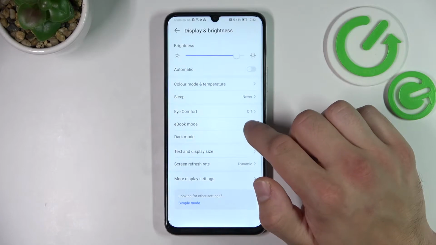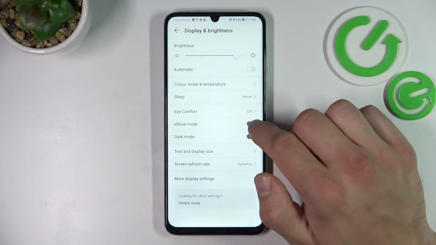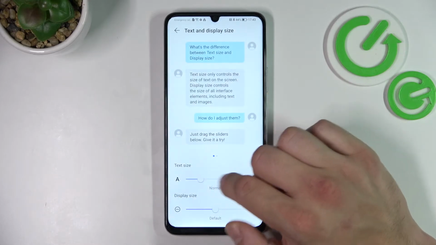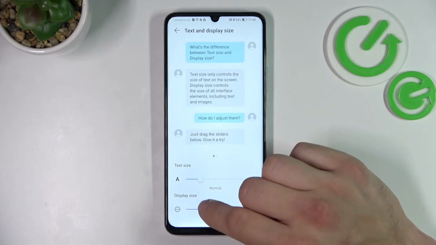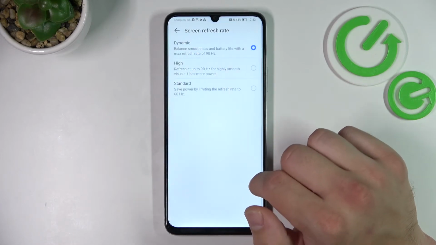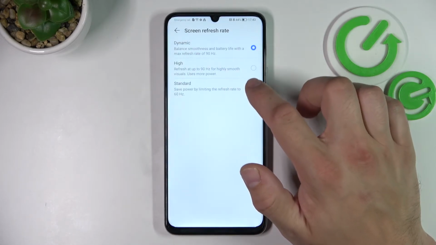Then we can enable or disable ebook mode, dark mode, change text and display size, screen refresh rate between dynamic, high or standard,